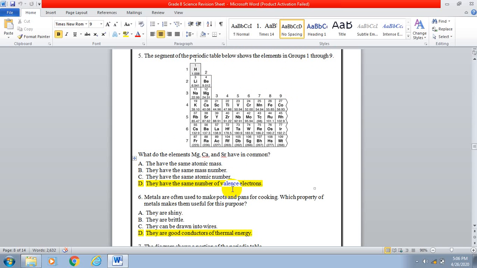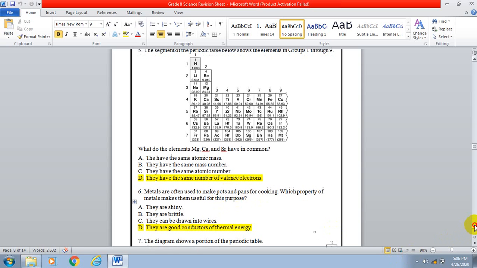They have the same number of valence electrons. That's why they are common. Metals are often used to make pots and pans for cooking. Which property of metals makes them useful for this purpose? They are shiny, they are brittle, they can be drawn into wires, or they are good conductors. Of course, good conductors. Pans and pots are good conductors like metals